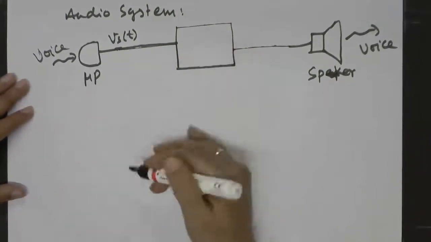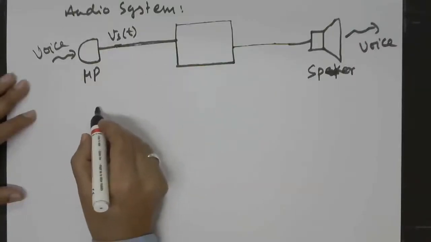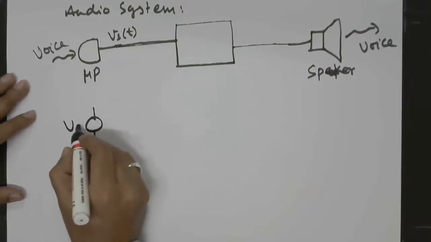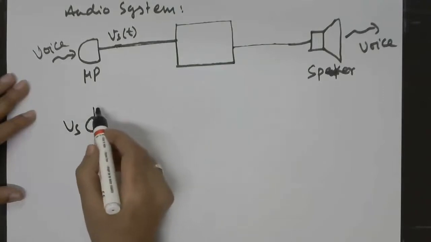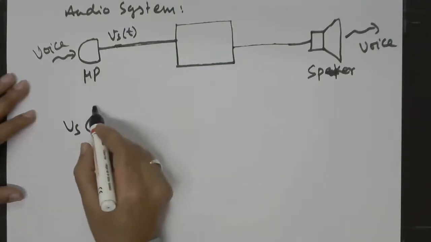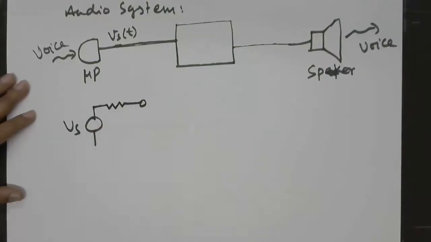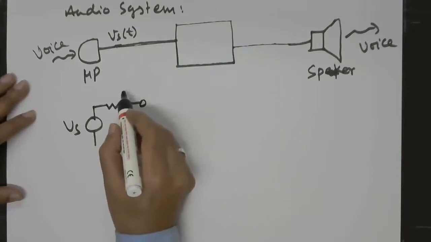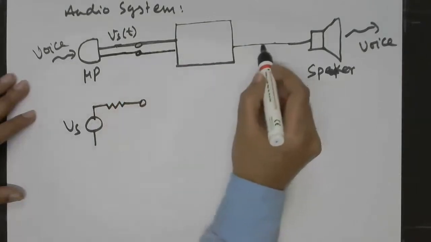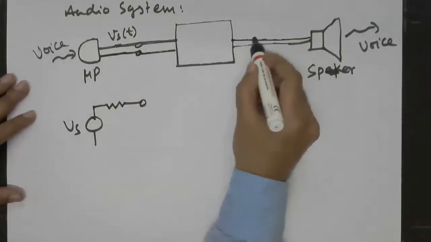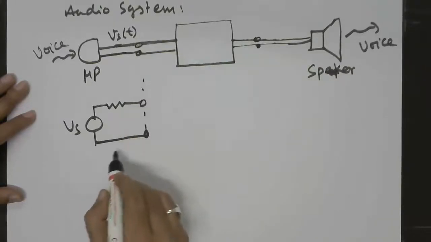So we convert this thing into our electrical components, and we represent this microphone by a voltage source Vs, which will produce a voltage which will be non-sinusoidal, of course, because this is getting produced because of the audio. And then in general, it will have certain internal resistance, right? So we can represent this using port configuration. That will be easier. So this is our microphone,